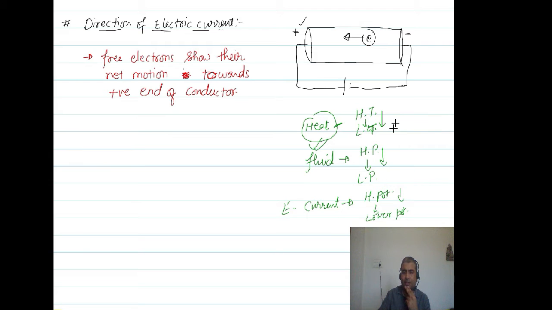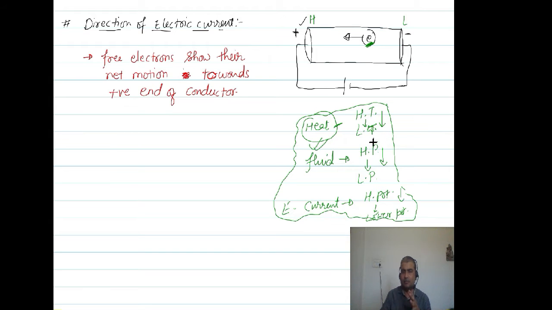As per the convention, everything has a tendency to flow from higher to lower, higher to lower. But see in this picture, what is going on with these electrons? These electrons are moving from lower to higher. This is the lower end, this is the higher end. These electrons are getting drifted from the lower to the higher end, which is just opposite to this convention. Are you observing this? Are you getting this? These electrons are moving from the lower end to the higher end. This is opposite to the conventional part.